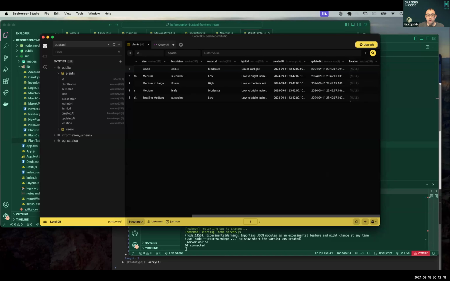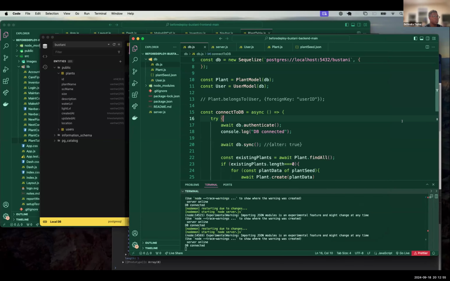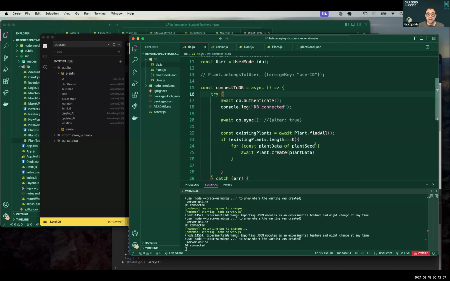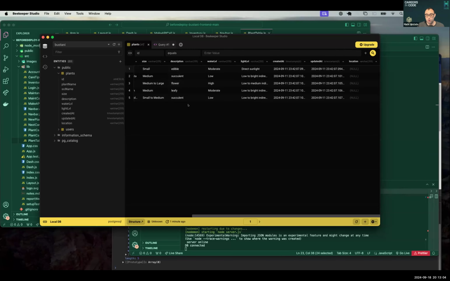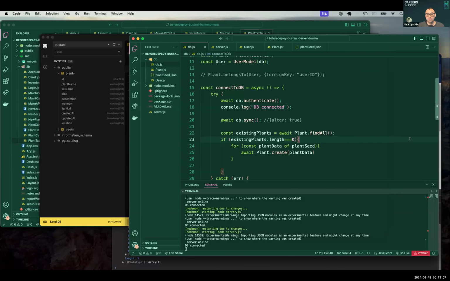Now, your other question was about your plants. I'm going to edit one of these so we can see that data. Did you already add that to your seed? I added it to my seed already. Okay, the reason it's not updating is because the seed only runs as long as there aren't any existing plants. Well, there are existing plants, so it won't update. The technical answer would be to write some logic to say, if the seed data doesn't match the data in the database, go update it. We could do that, but that would probably take until the end of class.